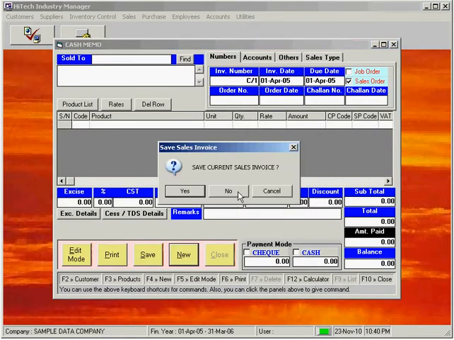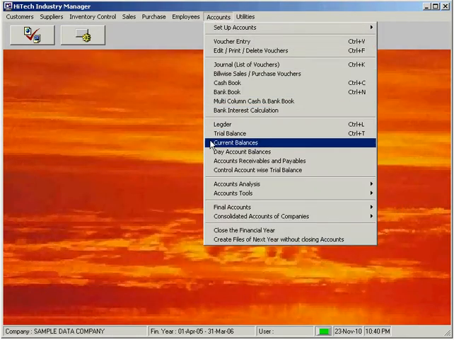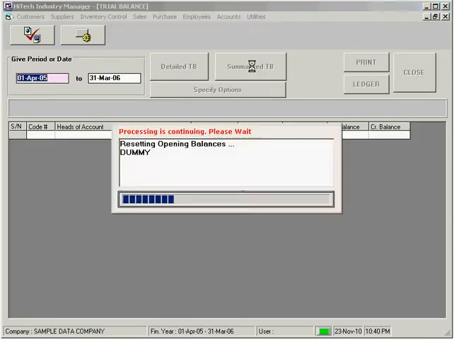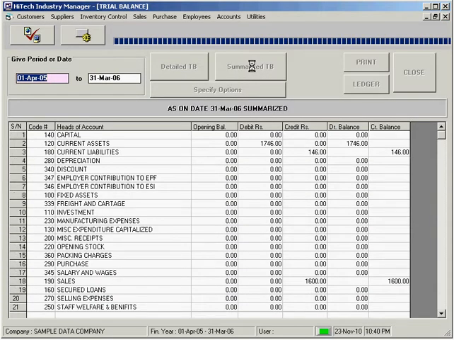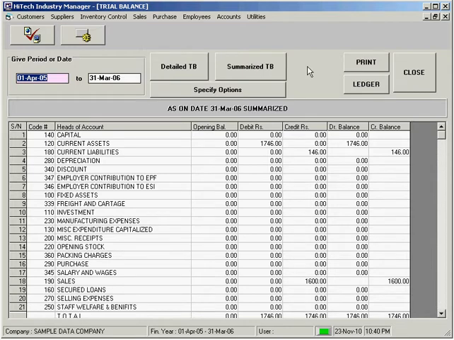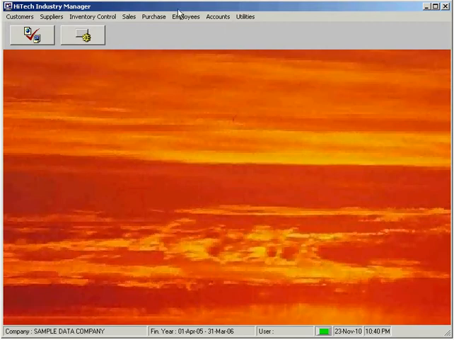Numerous reports are available for viewing and printing where you can keep an eye on the vital indicators about your business. Being Windows-based, each Industry Manager is in tune with the latest computer software technology and will be a long-time companion to your profitable and efficient business.